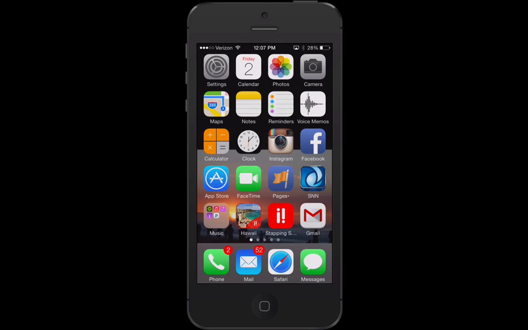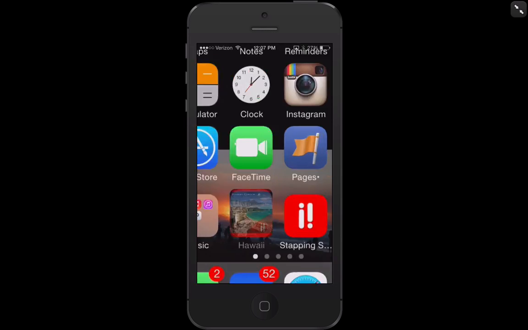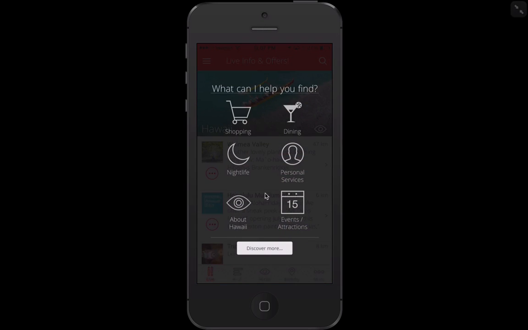I just wanted to give you a quick video demonstration of the app we talked about. The icon is down here at the bottom, so just kind of show you around it a little bit. You'll land on a screen that gives you a quick guide to categories that people might be looking for when they're using the app. The About Hawaii is the informational section, which I definitely am going to show you that, but right